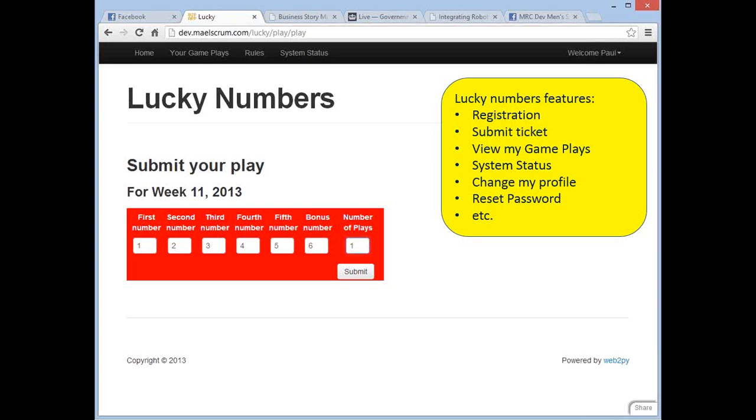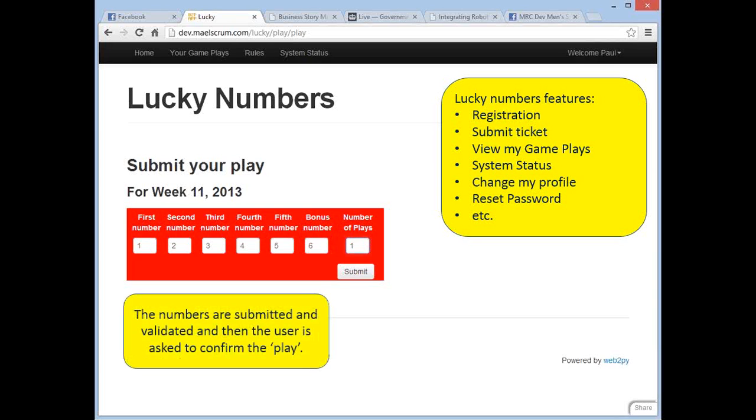The Lucky Numbers application has half a dozen features. One is register to play games. You can create your ticket, and essentially what's required are 5 numbers, a bonus number, and the number of times you want to play week in, week out. You can view your gameplays, change your profile, reset your password, and so on. It's a very simple application, but it has enough functionality for us to use it for our purposes to test,